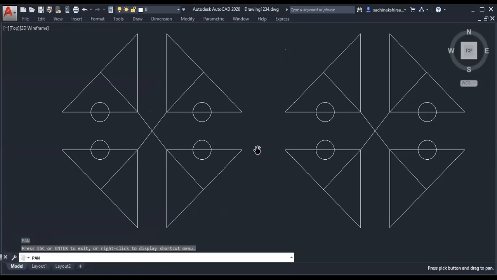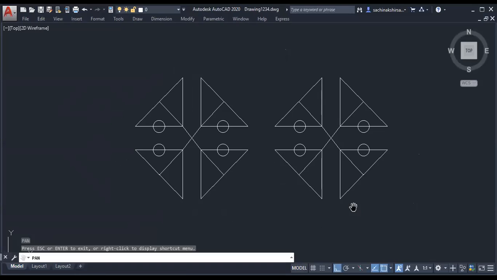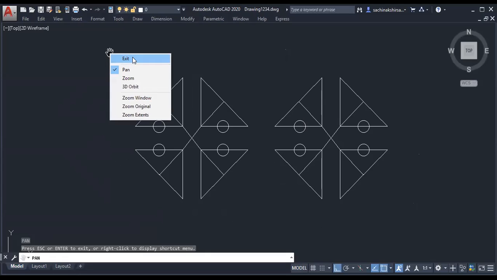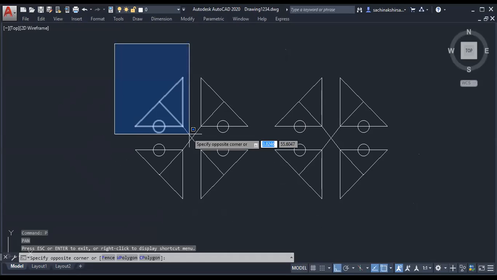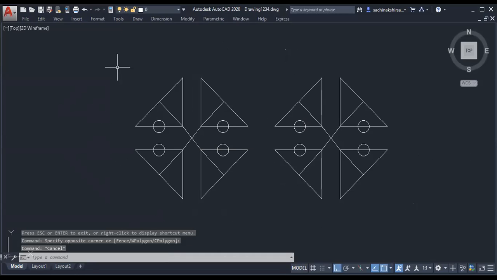How many objects are there on the screen? Something like this. So this is the mirror command. So many more objects. Only initially I have drawn this much part. Then I have introduced them one by one by taking the mirror line. By taking the mirror line, I have drawn a number of objects. Are you getting it? Likewise, you can draw a number of objects.